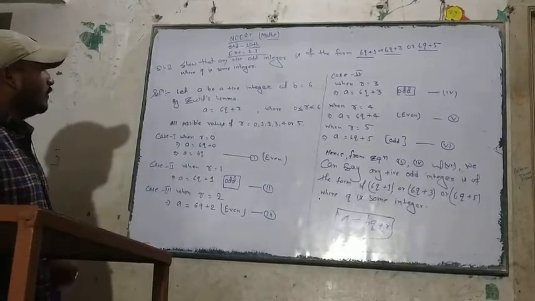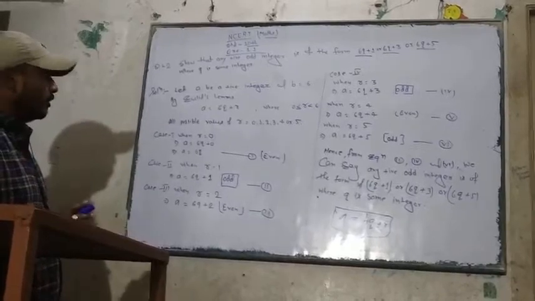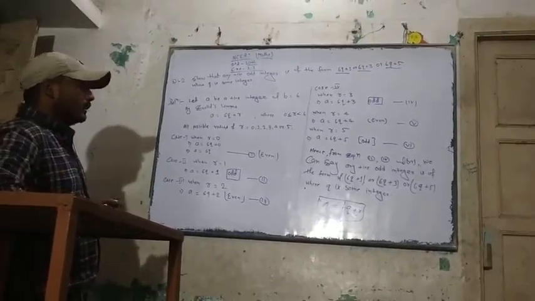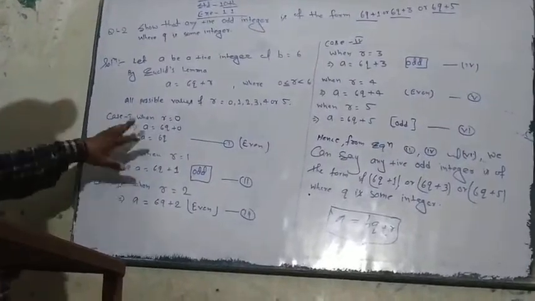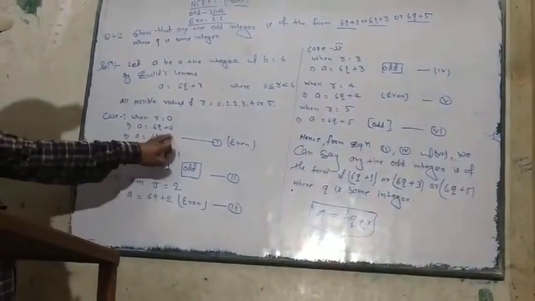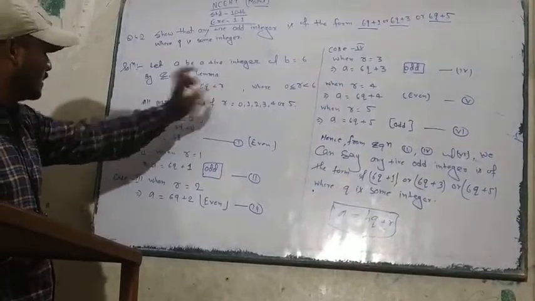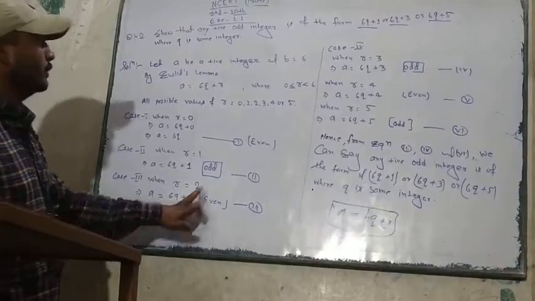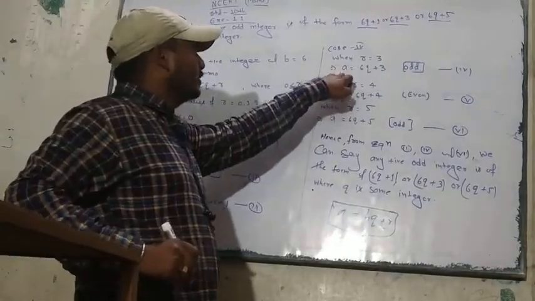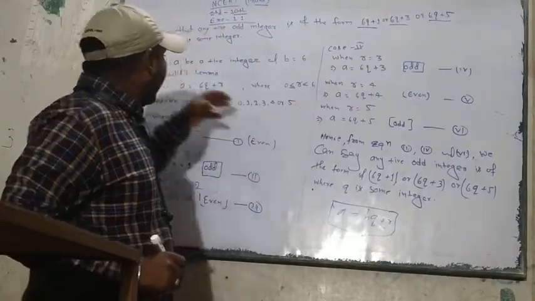And the possible values of r are 0, 1, 2, 3, 4 or 5, because r is always between 0 and 5, an integer. Case 1, when r is 0, then a is equal to 6q. When r is equal to 1, then a is equal to 6q plus 1. When r is equal to 2, then a is equal to 6q plus 2. When r is equal to 3, a is equal to 6q plus 3. Only replace the value of r from the given